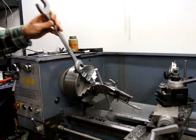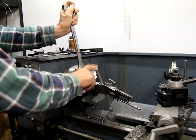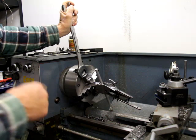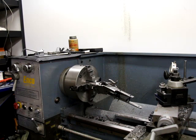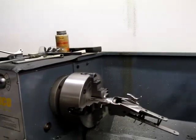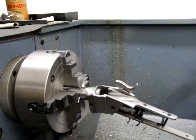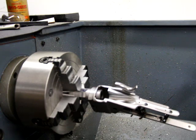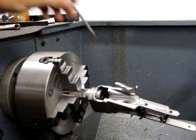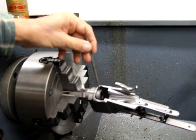Okay, so I have this tightened down, so I got to take it off, and I'm using a piece of aluminum in there so it doesn't mar the steel. Get that off. And what I want to show you here, the next step is right here. This is where it's sticking through the action, and the block